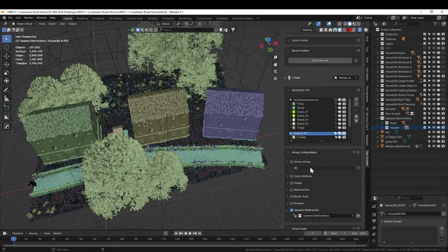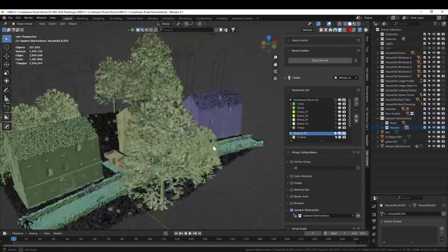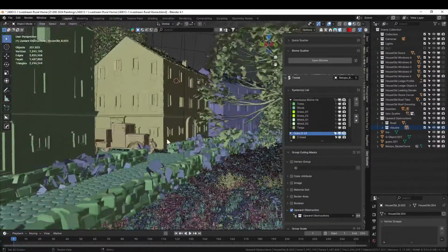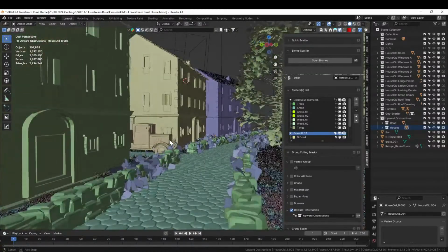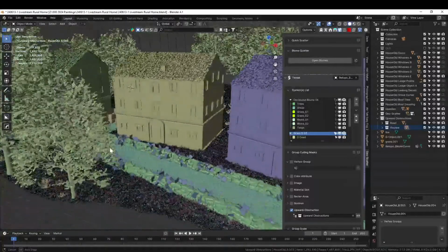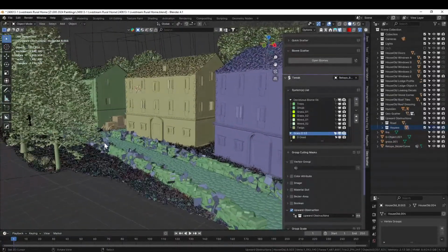Cool. Might as well get rid of all that extra geo we don't need. It doesn't feel too overgrown to me for it to be not worth doing here. I'm liking that. Save. Okay. Now,